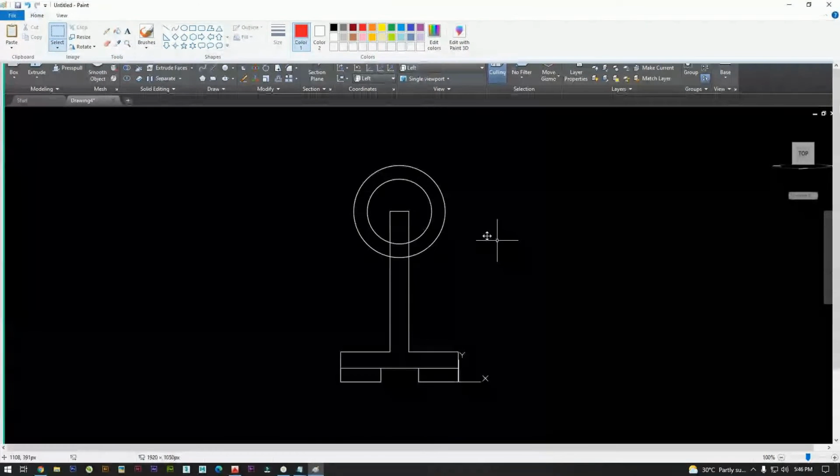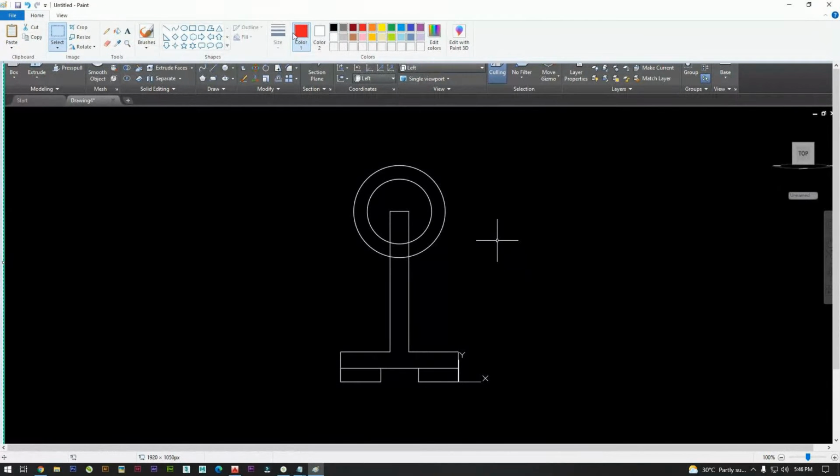Okay. Here, see this, from here to here, it is 63. So we need to cut it exactly to this area, in the sense we need to remove this.